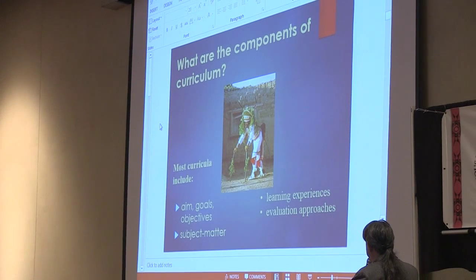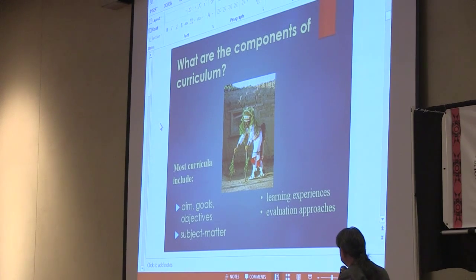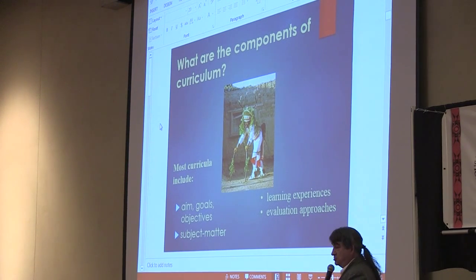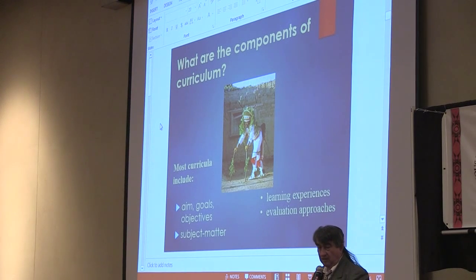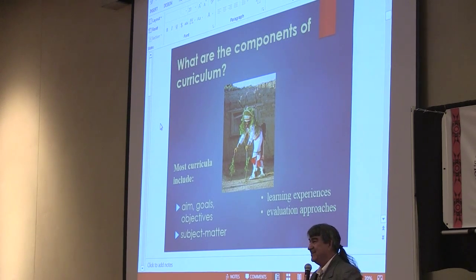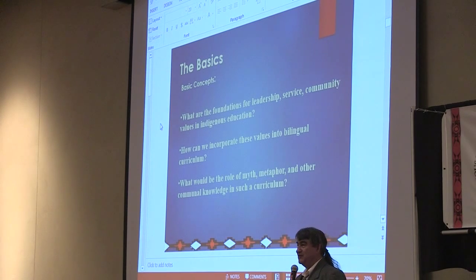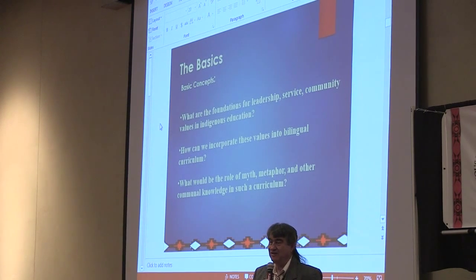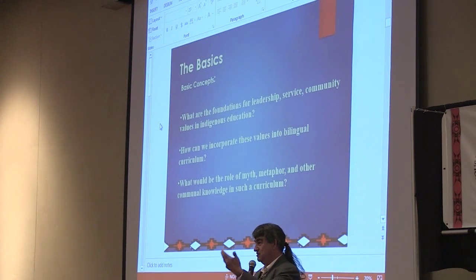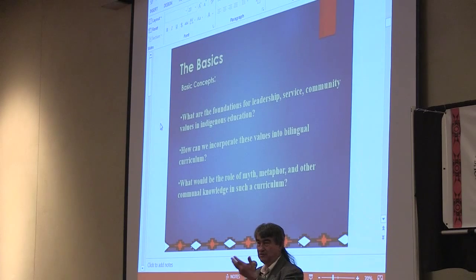Most curriculum include a set of aims, goals, and objectives, a focus on subject matter that you want to teach, learning experiences, and approaches to evaluation. As Indian people, we have curriculum. It comes out in the forms of our dances, in the forms of our music. It's just, as you learn how to do a dance, or as you learn the songs that go with a dance,